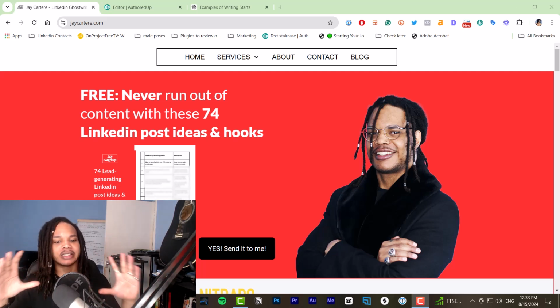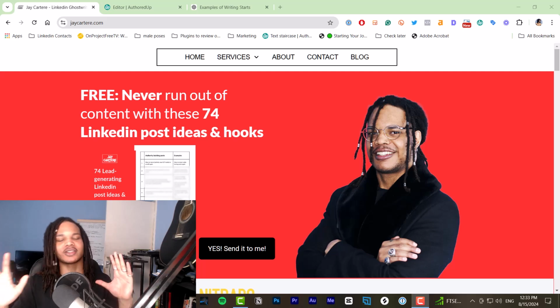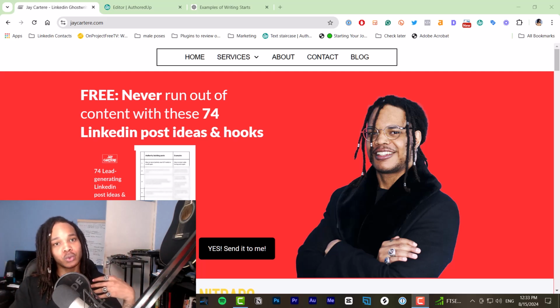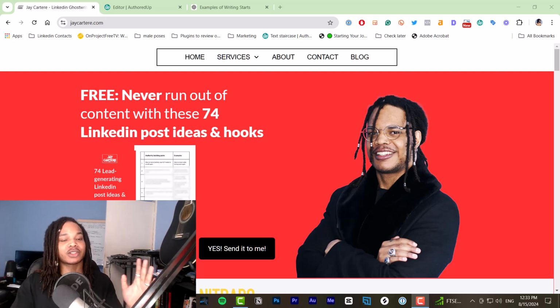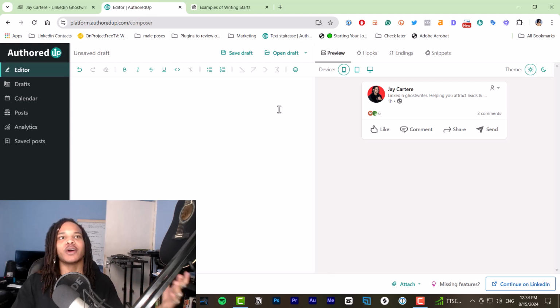First thing you need to understand is how to use AI to write good quality content. And you need to understand AI is a useful tool, but it is terrible at writing content for you. The best way to use AI to create content is to use it for research. So getting information for the post that you're trying to create. For example, the post that I'm gonna show you in this video is a post on how to rank #1